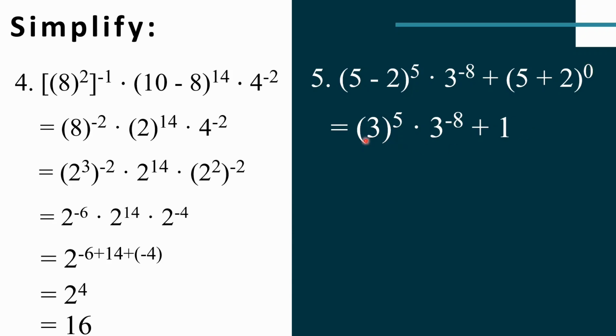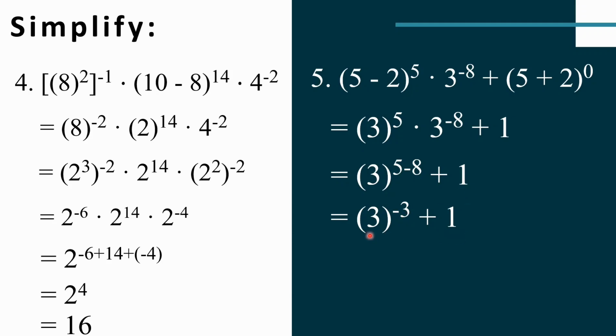when multiplied by 3 raised to the negative 8, pwede natin i-apply ang product rule, which means that we will copy same base natin, which is 3. And then yung 5 at saka negative 8 ay, i-add lamang natin. So that is equal to 3. 5 minus 8 is, i-minus natin, plus 1. 5 minus 8 is equal to negative 3. So, kopyahin lang ulit natin yung 1. 3 raised to the power of negative 3,